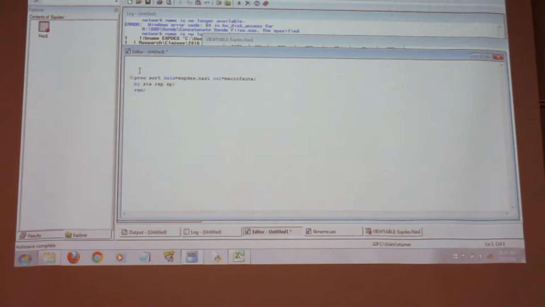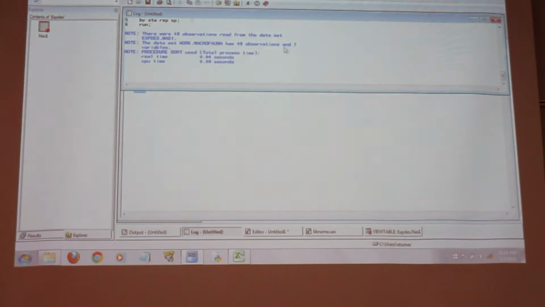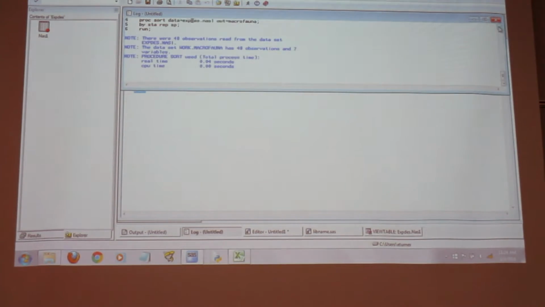To execute this, you could do one of two ways. Since there's only the one thing in the whole file, if you click anywhere in it, doesn't matter where, and come up to this little running guy right here, it'll submit the whole file. If you just want to submit one statement, you can select just the code for that statement and hit the little running guy, and then you'll go. Okay, so we're going to run that. And then we go up to the log and we'll see what happened.